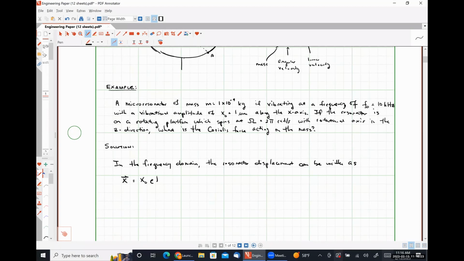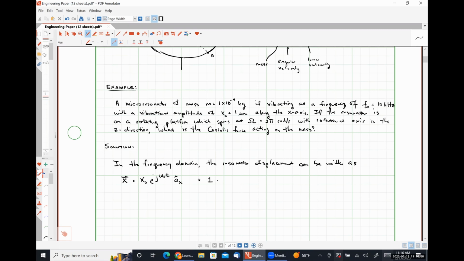X naught e to the j omega naught t in the x direction, right? So in the frequency domain, this exponential here looks like sinusoidal oscillation, which is exactly why we use it to represent steady state sinusoidal systems. So we have some sinusoidal oscillation that has a maximum amplitude of x naught, and it is oscillating at a frequency of omega naught. So plugging in numbers here,